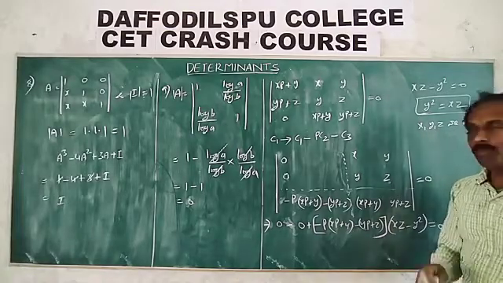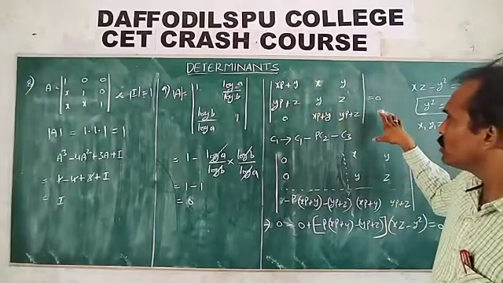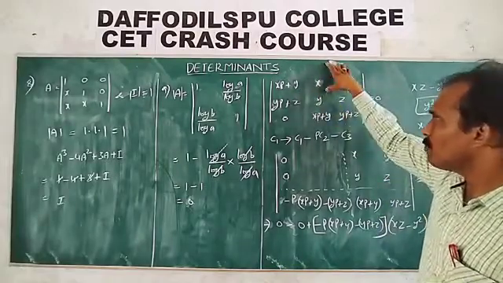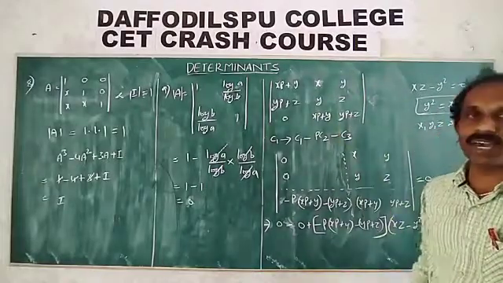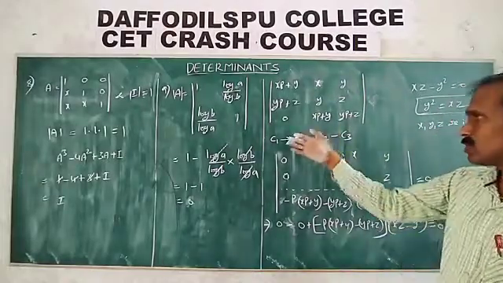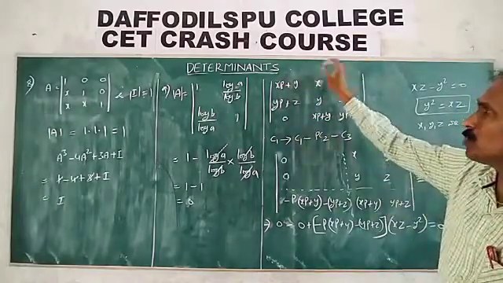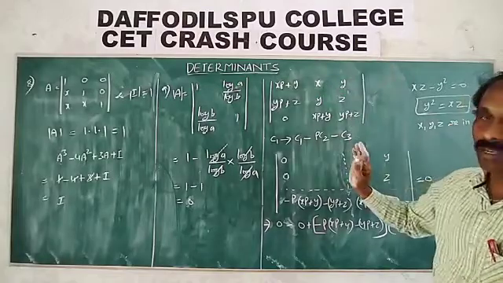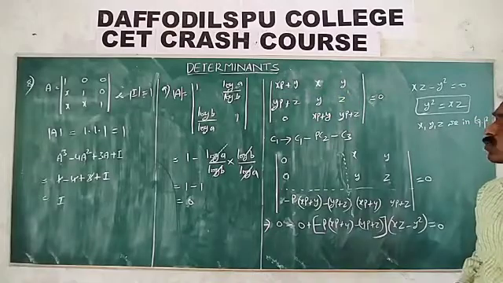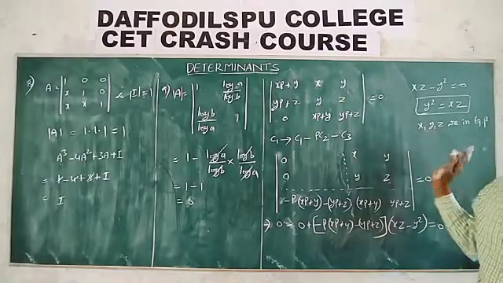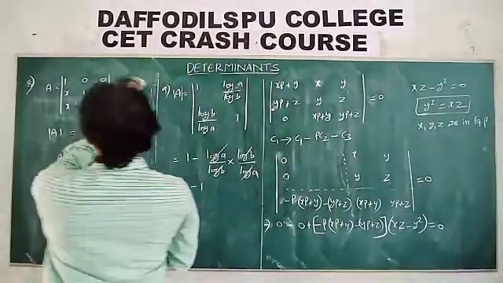xyz are in GP. Suppose this type of problem is reversed: xyz are in GP or xyz are in AP. What is the resultant answer? Sometimes they ask directly for this value 0. If 0 is there in the options, that is the answer. xyz are in GP, xyz are in AP. What is this value? Here the given problem reversed is equal to 0. Then what are the xyz? GP, AP, or clear?